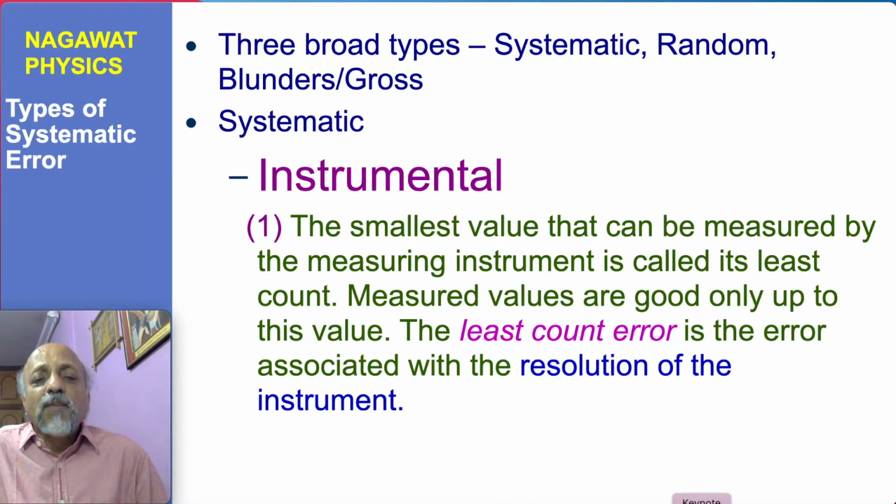So, first example of systematic error. In fact, it is a category of systematic error. The major category of systematic error is the instrumental. The first example which I am giving here is that of the least count error. The least count error is a systematic error. The smallest value that can be measured by the measuring instrument is called the least count. We have earlier discussed that the least count of the ruler scale is 1 millimeter, that of the vernier scale is 0.01 millimeter, which we could achieve in the vernier shown in the earlier talk, and that of the micrometer screw gauge is